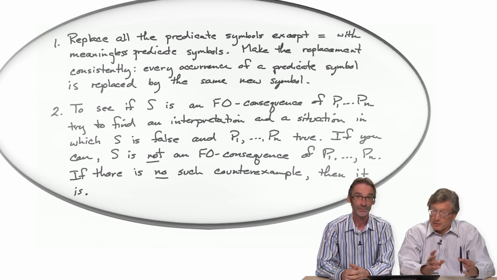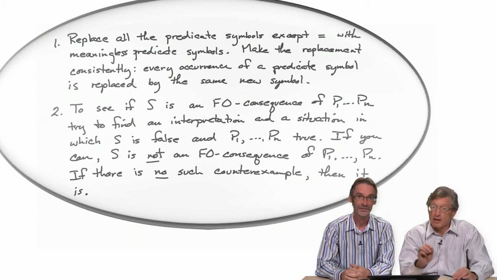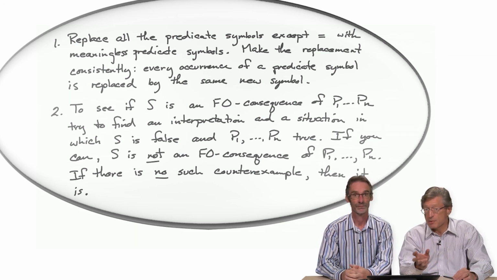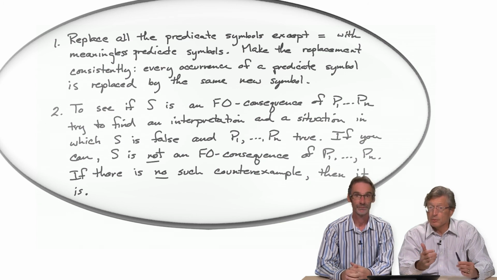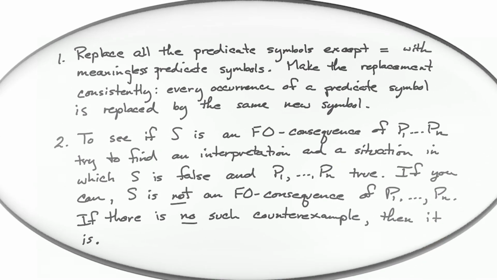But it turns out this is very bad news here, because there's no mechanical procedure for finding out whether one sentence is a first-order consequence of some others. If we knew it, we would tell you. But the method that we've given is the best that we can do. And it's not just that we don't know it. There's no point in asking anyone else what the procedure is, because they don't know one either.